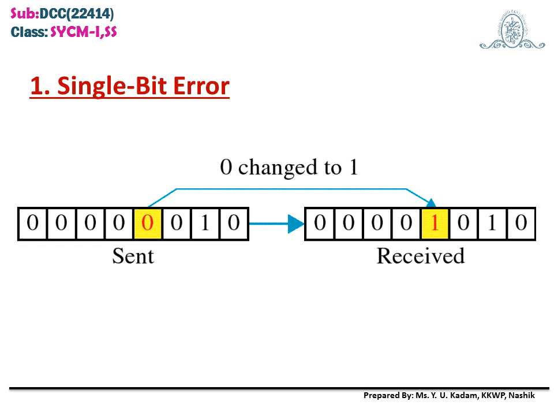So look at the diagram. It shows us the single bit error. If the error is introduced because only 1 bit is changed in the sender's information when the receiver receives that information, then such a type of error is called a single bit error. See here, at the 5th bit it changed at the receiver end, 0 became 1. So this is a single bit error.